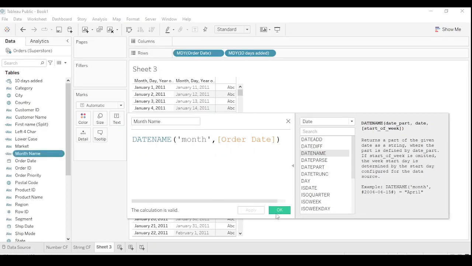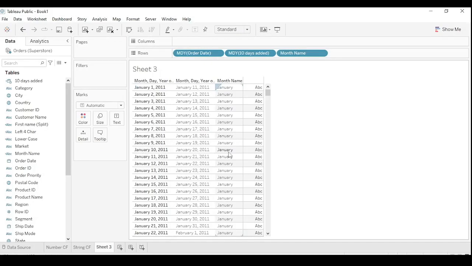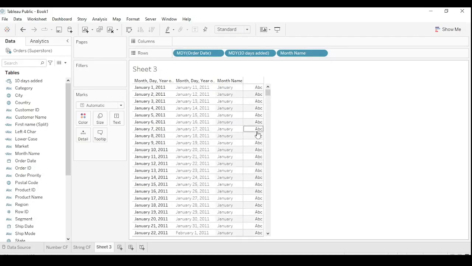Once the calculated field is created, simply drag and drop that calculated field to the row and observe that the month parts are labeled.